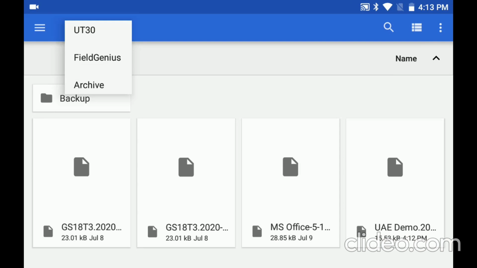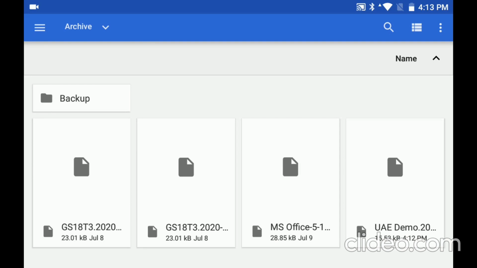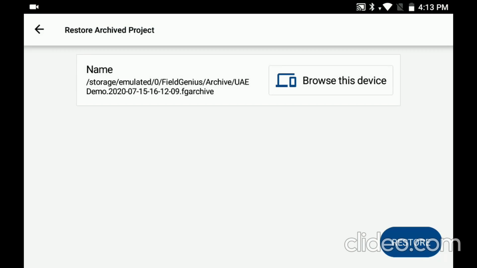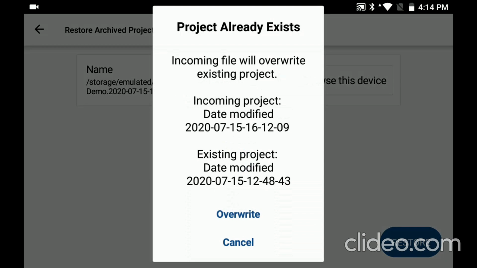As I'd mentioned, it's stored in our archive folder in our FieldGenius folders. So in this case, I just created the UAE demo project, and if I hit the restore button, it'll go ahead and restore that project